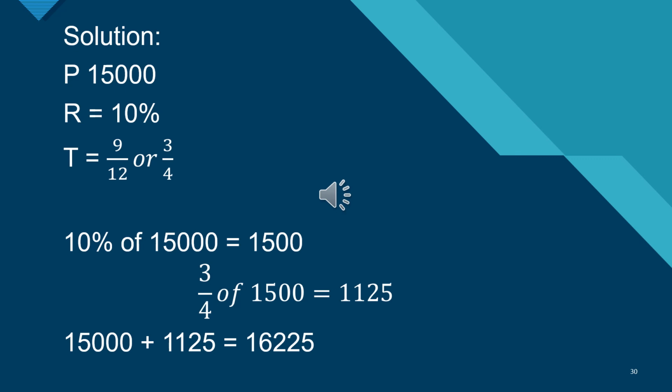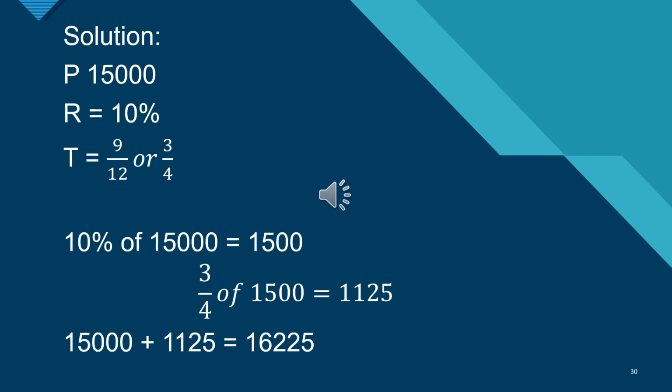But before that, we need to get the term. It's 9 months over 12 months because there are 12 months in a year. So 9 over 12. Simplifying that, we get 3/4 or 3 over 4. And inputting all of these values in the formula, we get interest is equal to 15,000 times 10% times 3 over 4. If we multiply this without the use of a calculator, what is 10% of 15,000? That is 1,500, and 3/4 of 1,500 is